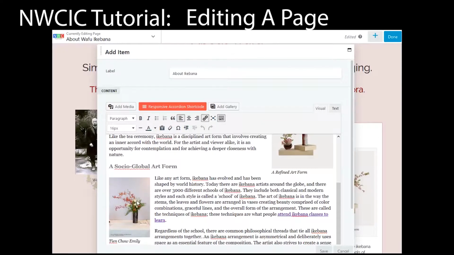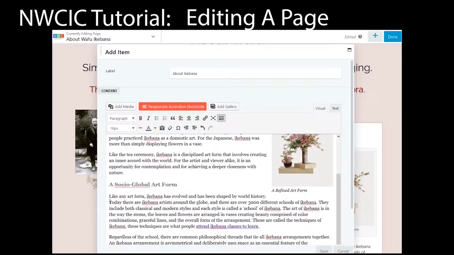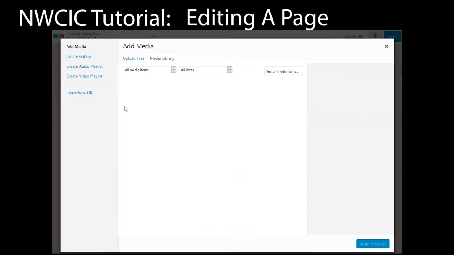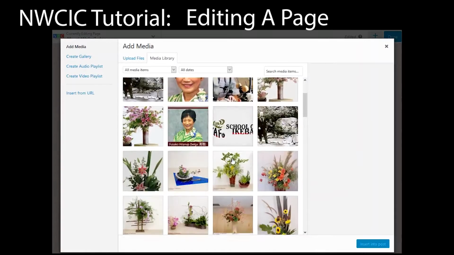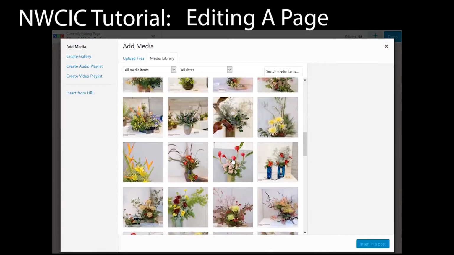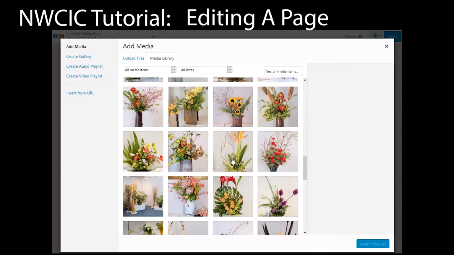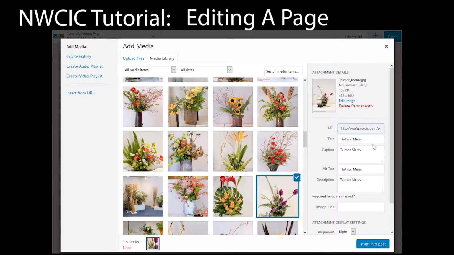If you wanted to replace that image, you could just delete it, and then wherever you want the image to appear, click Add Media. And let's say we want to replace it with a different image. Let's say we'll just pick one, maybe this one. And then you can choose